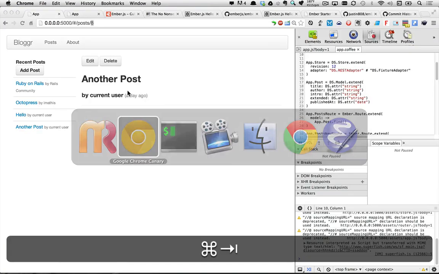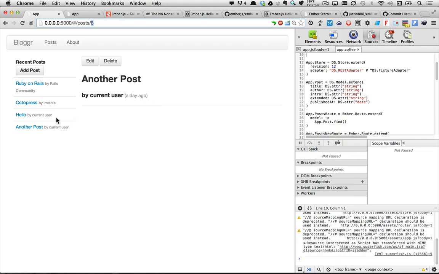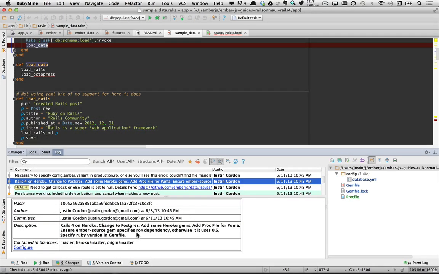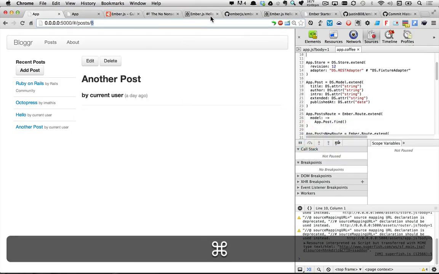For the most part, this is working pretty darn good, and this is ready for deployment on Heroku. Let's take a look at what it takes to get this working on Heroku. Keep in mind that the commit descriptions I put have some nifty tips in here, so this will tell you what's needed. The article that I wrote